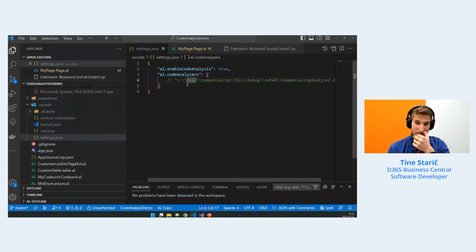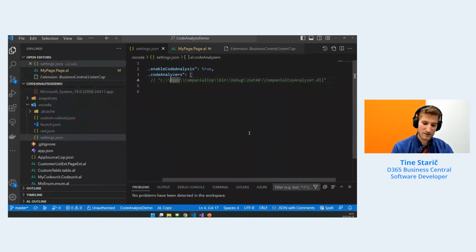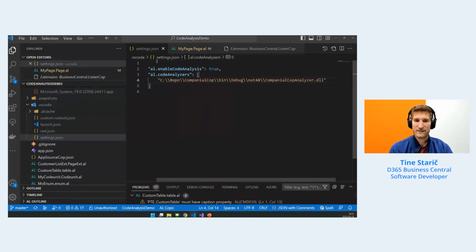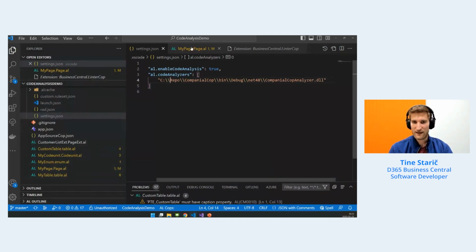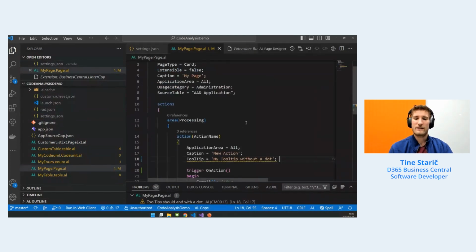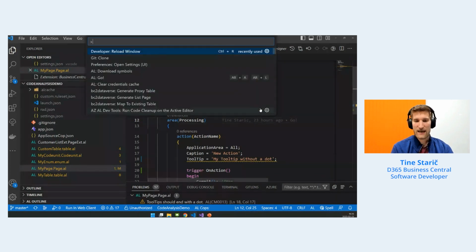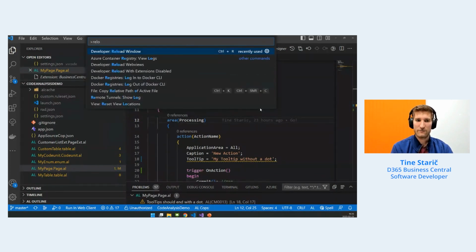All you have to do is specify the path to your analyzer DLL. This is the exact same path that we saw earlier in Visual Studio. So I'll just uncomment this. And you'll notice that as soon as I save the file, it already shows me additional warnings that come from this analyzer. But if that doesn't necessarily work, which sometimes can happen, especially on bigger projects,